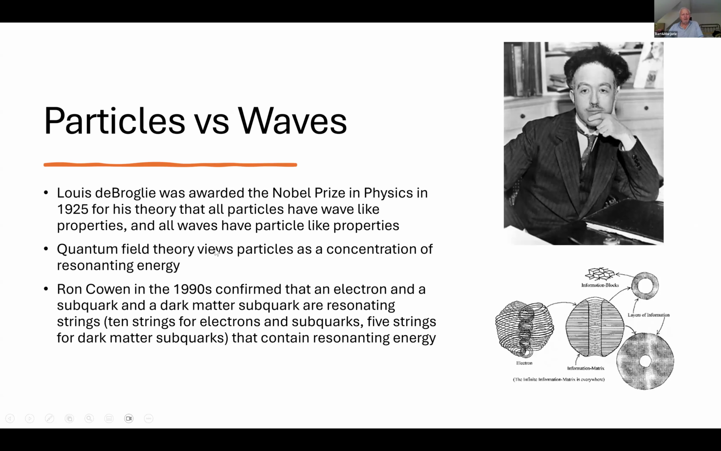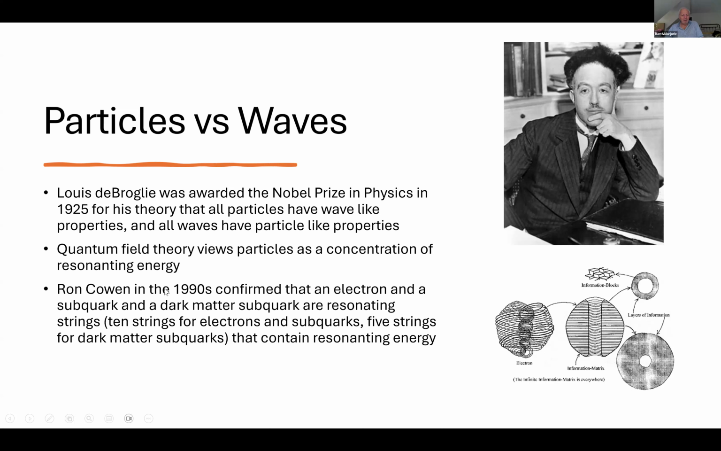So now things get really interesting. Louis de Broglie was awarded the Nobel Prize in Physics in 1925. He claimed that all particles have wave-like properties, and all waves have particle-like properties. So what you think of as a particle is actually partially a wave. What you think of as a wave is partially a particle, which is highly confusing. But that led to being sorted out in what is now called quantum field theory, which views particles as concentrations